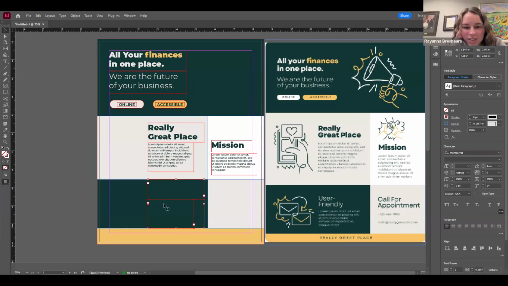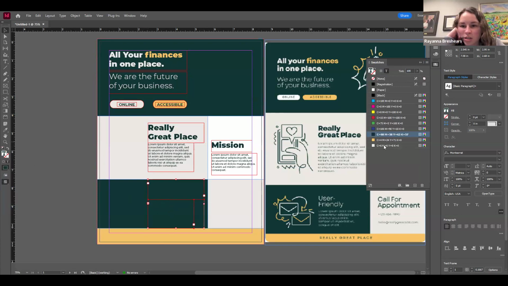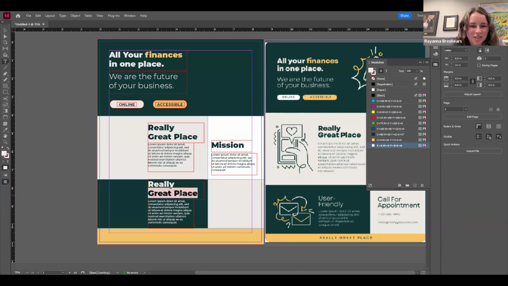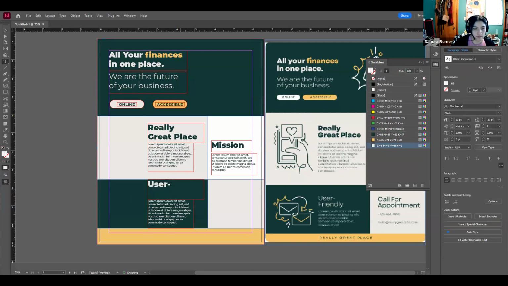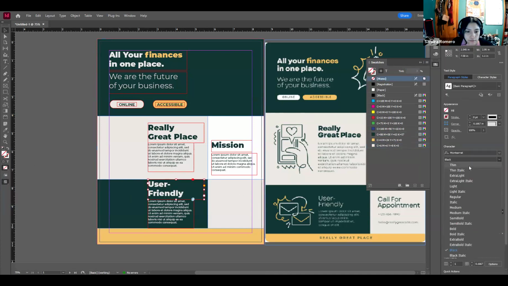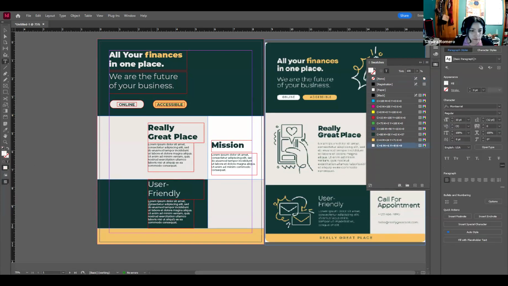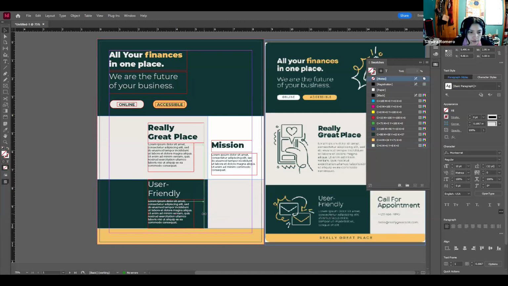Why is that? Because it's green, so you're going to change the text. You can go to the swatches, right? Text first, make sure that this is clicked, and then swatches and change it to that tannish color, beige color, I don't know. And then type in user friendly, and it looks like it's a smaller font. So would it be like thin? Yeah, let's change it to thin. Maybe regular. Yeah. And this one looks like it's just dragged out a little bit more,